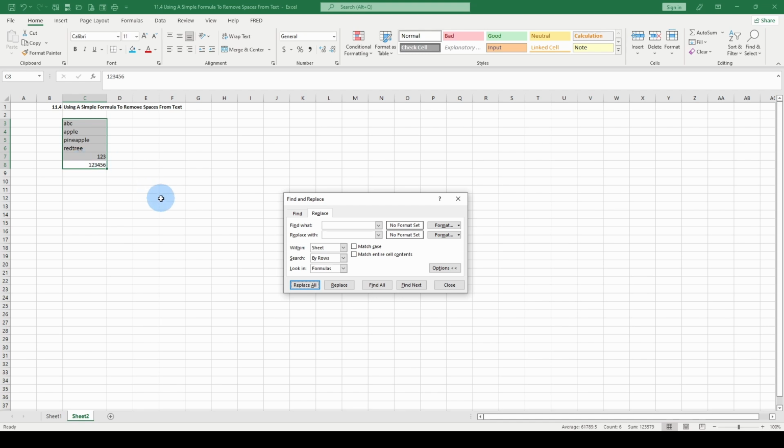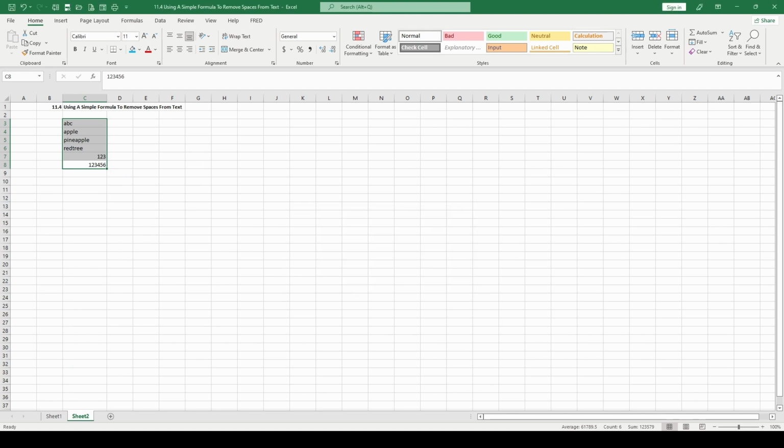Hit Control Z to back out, close the Find and Replace. You can hit Control Z, or you can go up to the top of the ribbon bar. You see this crazy looking arrow up here, this U-hook, undo. Just hit undo. Here we're back to where we started. There is a function that you can use to remove spaces at the beginning of text and after the text,